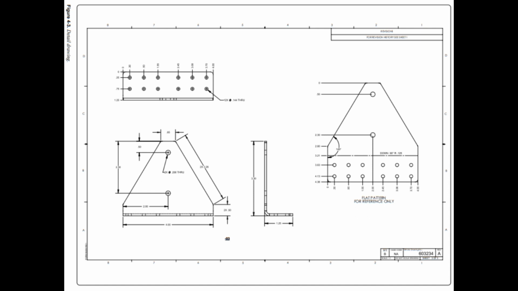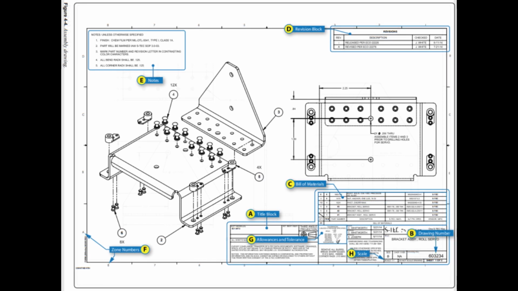Figure 4.3. Assembly drawing. An assembly drawing is a description of an object made up of 2 or more parts. Figure 4.4. It describes the object's size and shape. Its primary purpose is to show the relationship of the various parts. An assembly drawing is usually more complex than a detail drawing and is often accompanied by detail drawings of various parts.